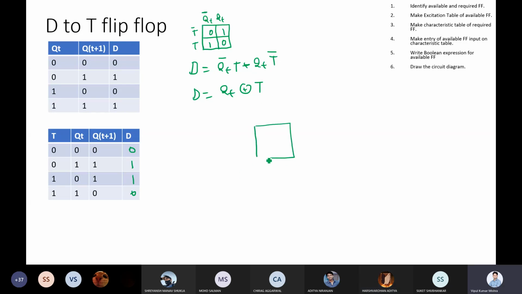We have taken a D flip-flop, input is this. Now we have an XOR gate, one input is your T, the second input is your QT. Here we have QT bar, QT, and we have a clock.